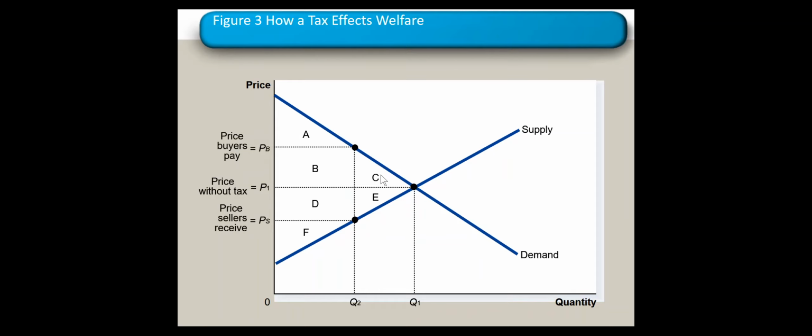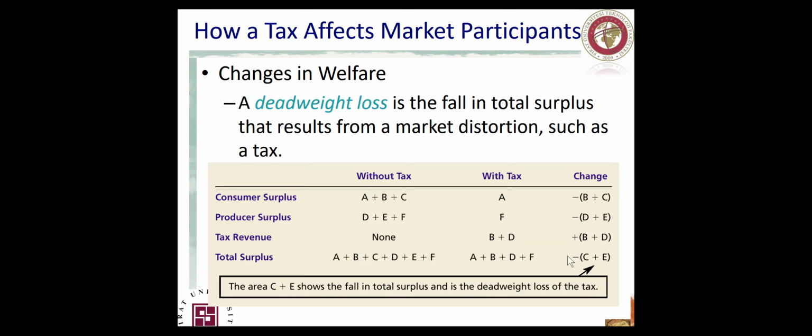It's a loss due to the tax imposed on buyers or sellers, imposed on the product. What does it mean? What it means here is exactly we have some area that's gone as a loss due to the tax imposed. Why? Because of producing less and consuming less. That's exactly where the deadweight loss comes from. This is what we refer to by deadweight loss.